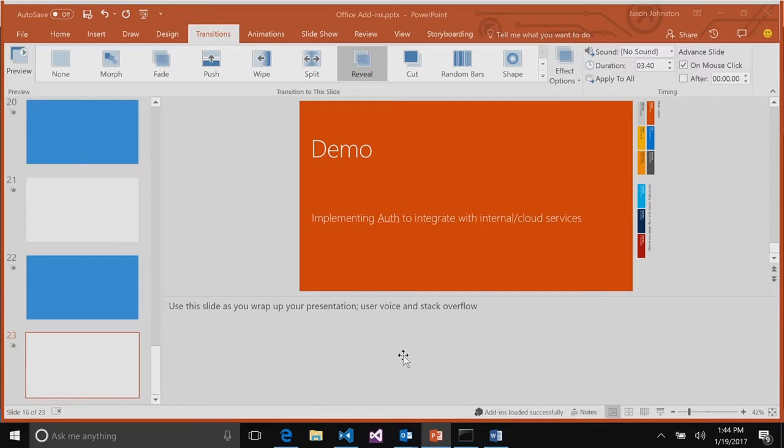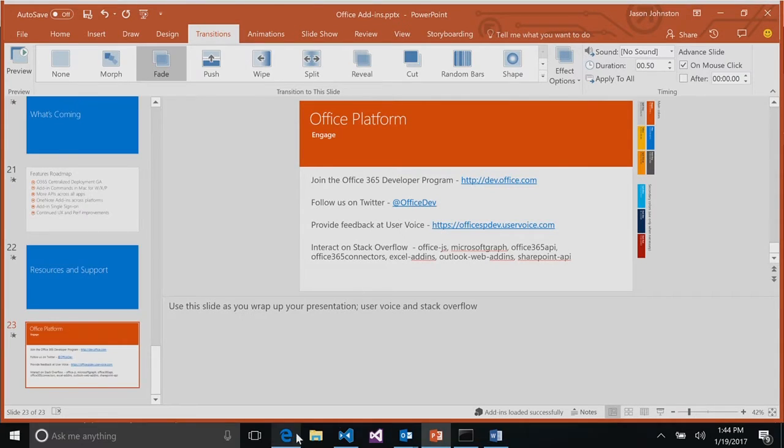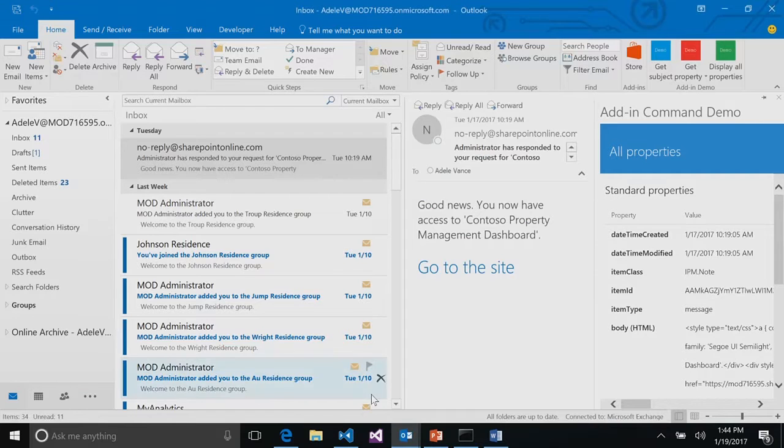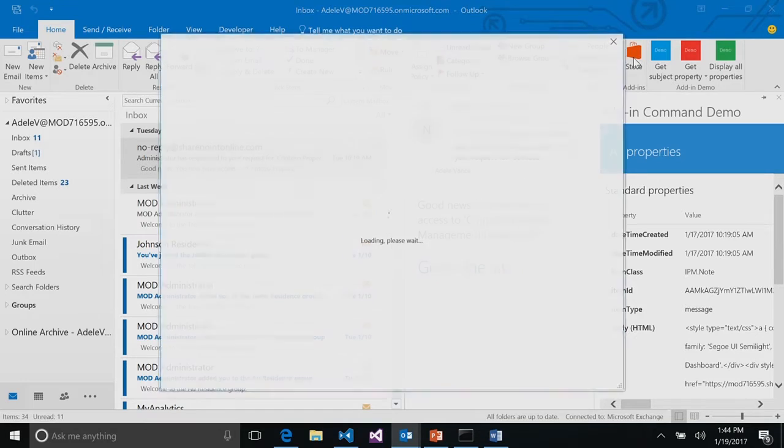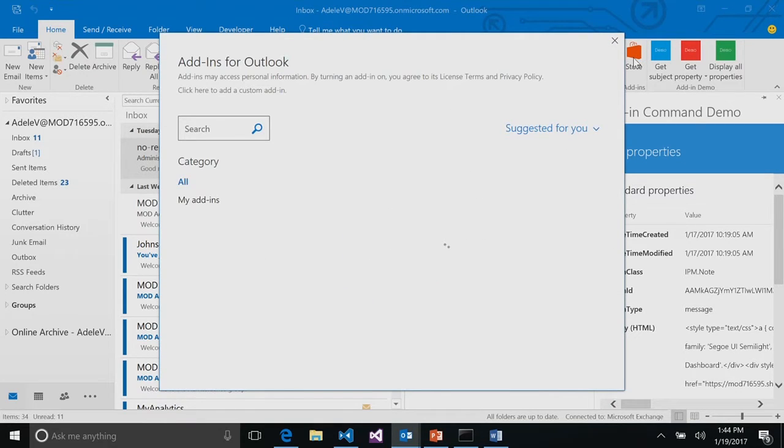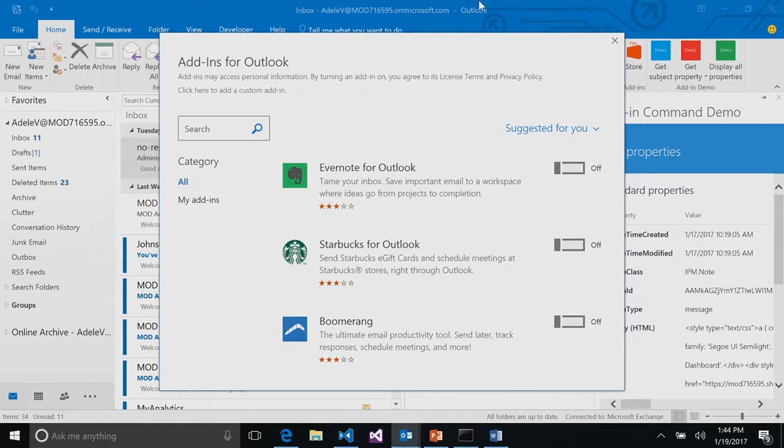This is how I've got this test add-in running now: I've actually sideloaded it. It's not listed in the store. The way that works is I just go to the store, and I've got this link here to add a custom add-in. I can add from a URL, or I can add from a file.